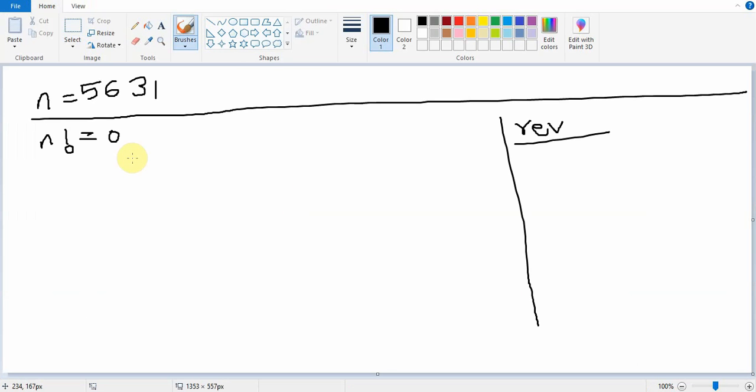And now the walkthrough. First, the condition checks n is not equal to 0. 5631 is not equal to 0. The condition is true, so it enters the next step. The next step is remainder equal to n percentage 10. It gives the last digit 1. And the formula for reverse is reverse